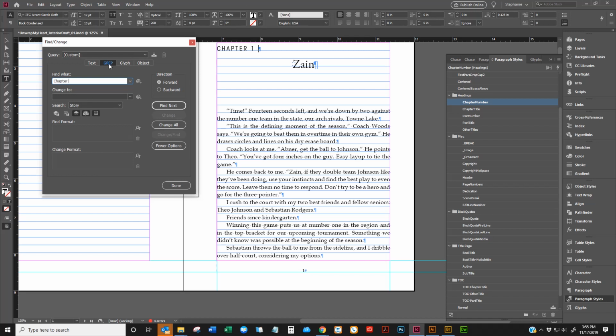Okay, so this is a quick little tool to use when you're searching for certain things. If we did chapter 1, it's only going to find that one instance of chapter 1. We want it to find any instance where it says chapter followed by a number and then an end paragraph, okay? So what we're going to do is click on GREP,